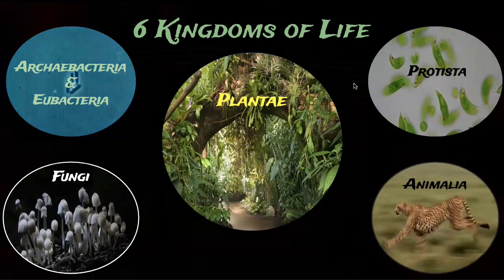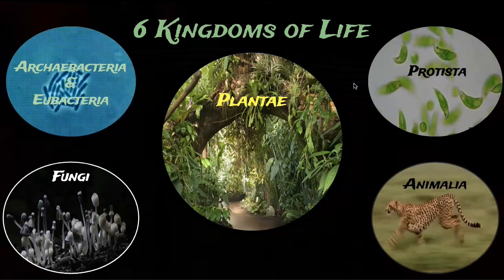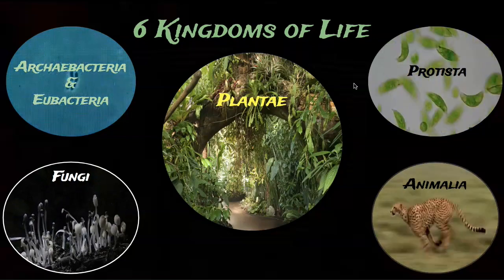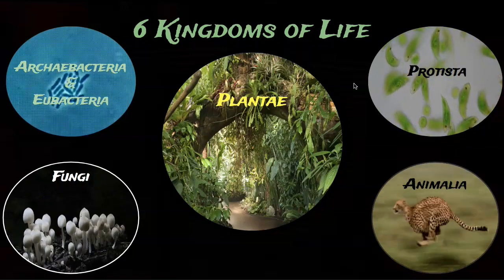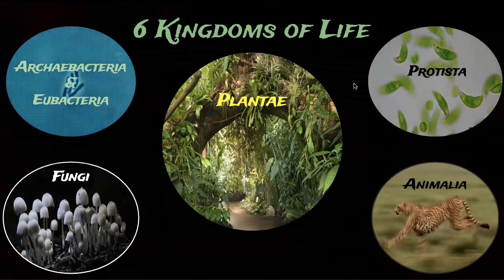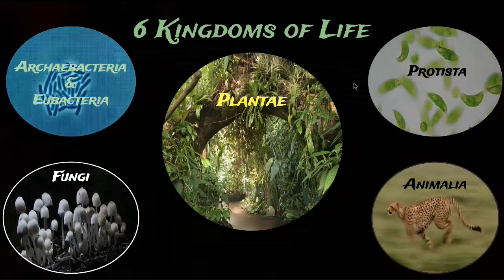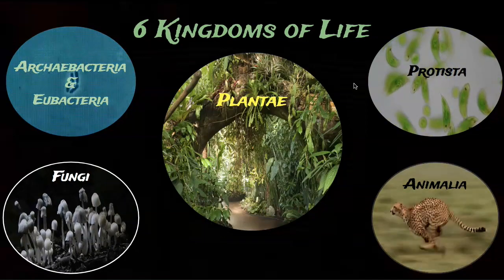Another main characteristic is that they have what are called plastids. When we look at plastids, they're going to be things like chloroplast. And this chloroplast is where, of course, photosynthesis takes place. There are different types of colored plastids that do things like photosynthesis, but chloroplast is the main one that we think of.